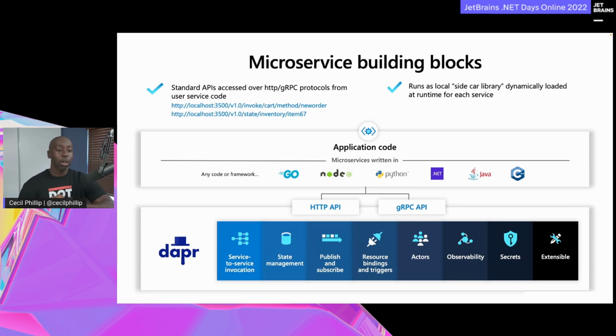What happens is that, over very well-defined API endpoints, you can make a call to Dapr and say, hey Dapr, I want you to publish this message for me. Or, hey, I want you to drop this thing in the state store, or give me the secrets, wherever the secrets happen to be stored. And my application really doesn't need to think about it. I don't need to know what's the backing store, what's implementing that. I just need to know, hey, you're going to do this job for me. I'm going to delegate to you and you'll figure it out. And then I can keep on doing what I'm doing,